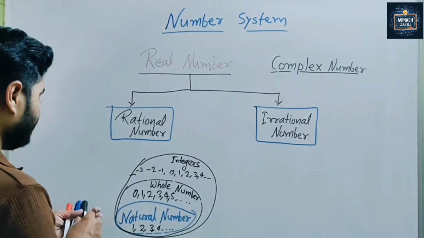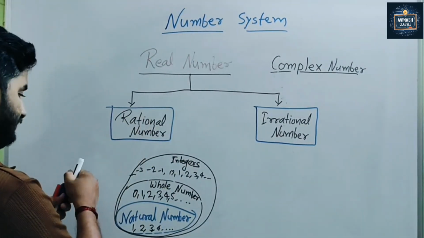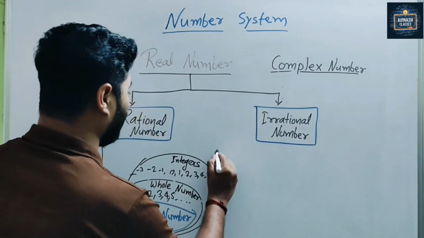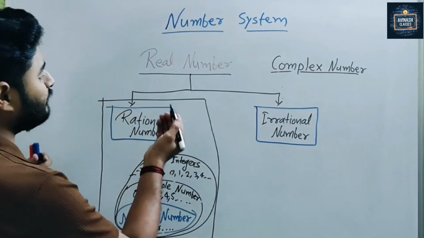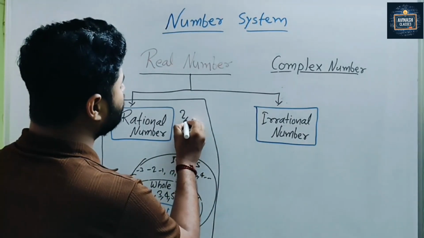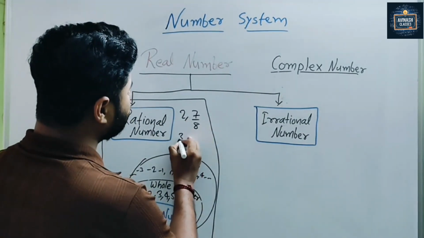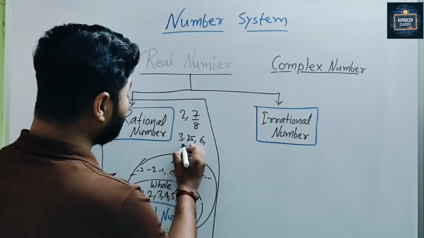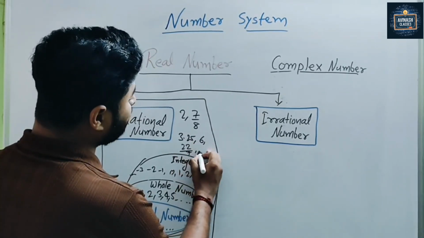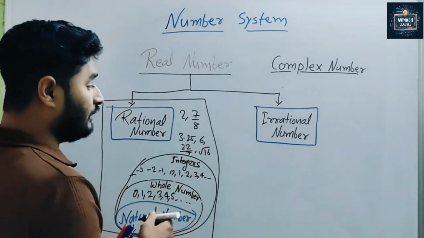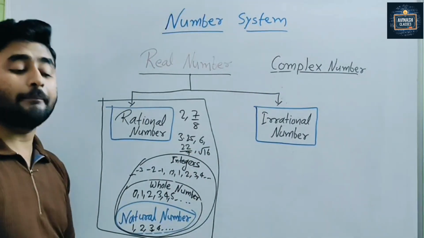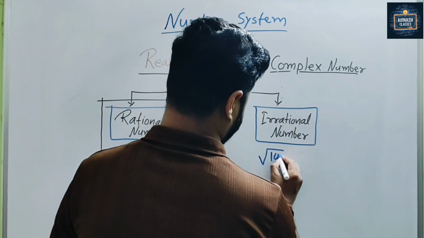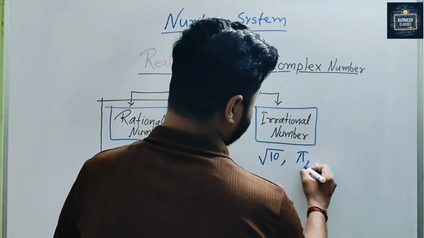After integer what comes? Rational number will come. So I make this box. In rational numbers, you can take any number like 2, 7/8, 3.25, 6, and here 22/7, √16. But in irrational numbers, can you give me an example of an irrational number? Yes, like √10, pi,